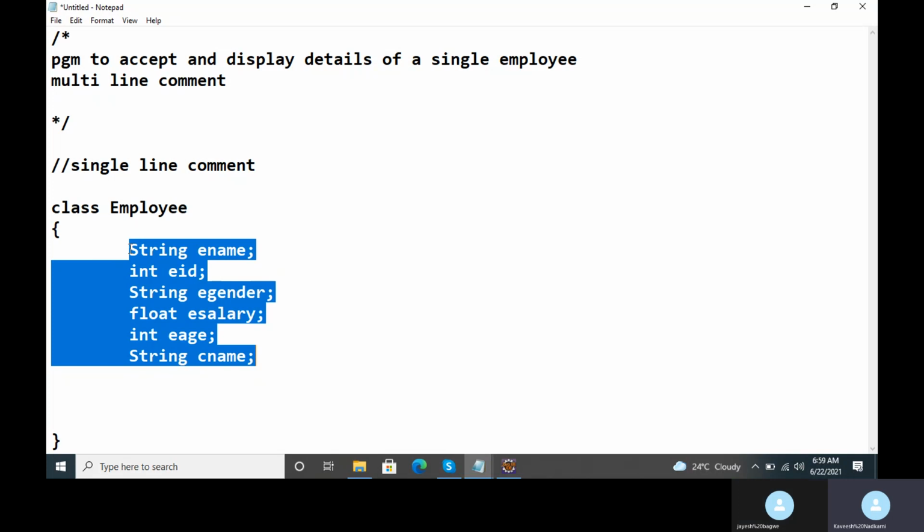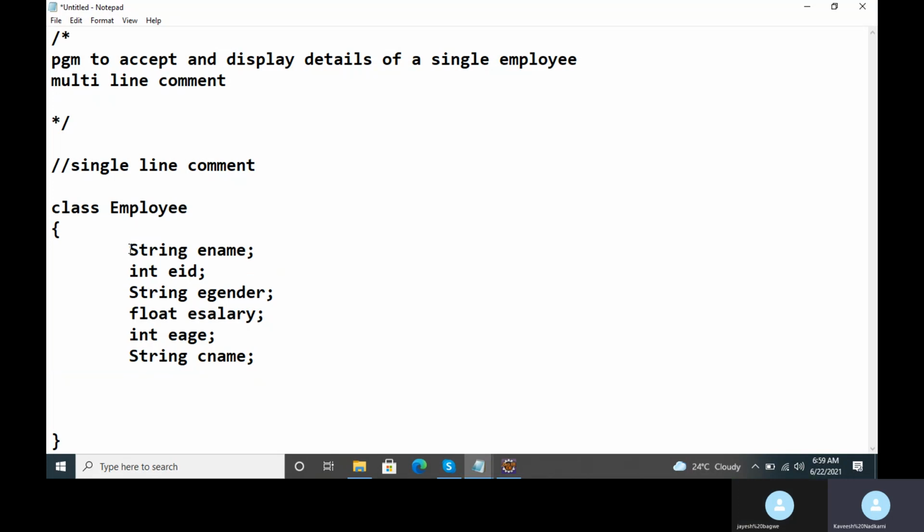What is static I will explain further in the next program. Don't worry. As of now, just keep in mind that these are the non-static data members of class employee. If there is nothing written in front of it, it becomes non-static, means when you don't use the static keyword.